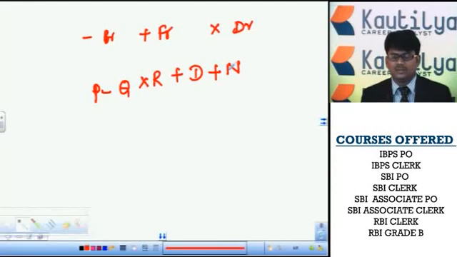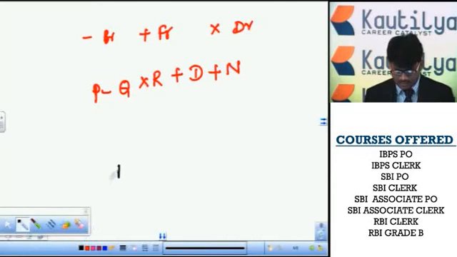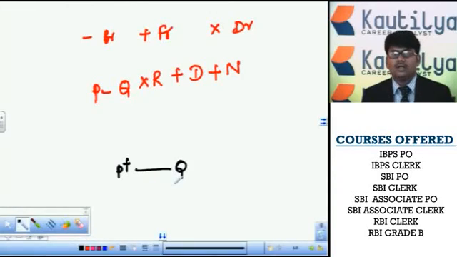We have to remember 3 points: the vertical line represents parent and offspring, the horizontal line represents siblings, double implies represents a married couple. Here P minus Q means P is the brother of Q. So we represent P as a plus person with a straight line to Q. Q multiplied by R, the multiplication symbol means daughter. Q is the daughter, so we denote Q with a minus symbol under R. Next, R is father of D. R is the plus symbol of D.